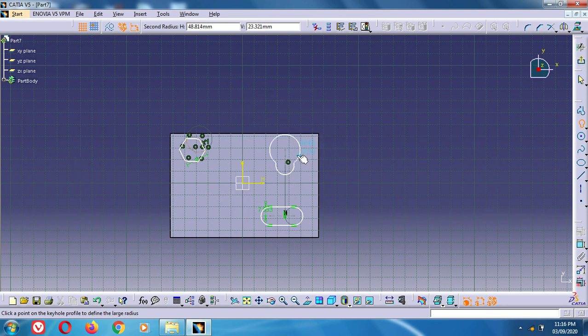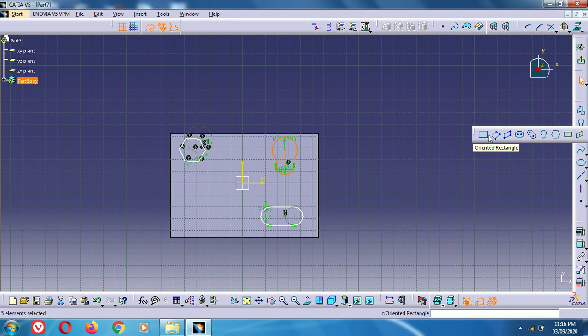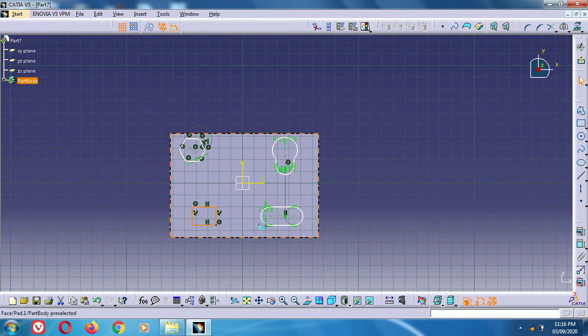Fourth, we can use a small rectangle. Click OK. Now I want to remove these 4 materials from the given component.